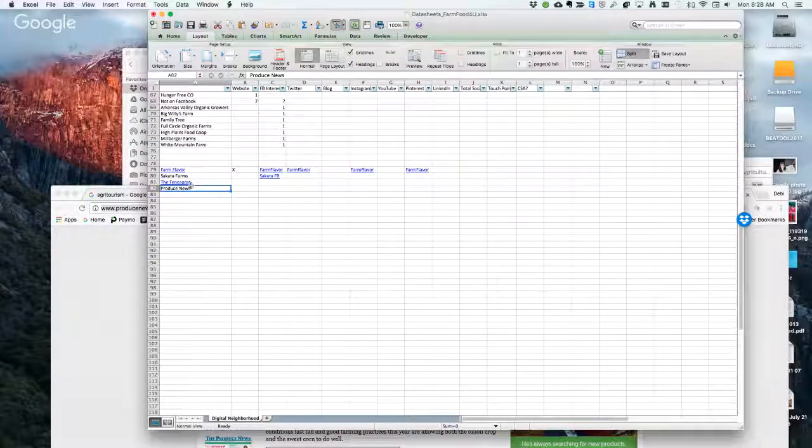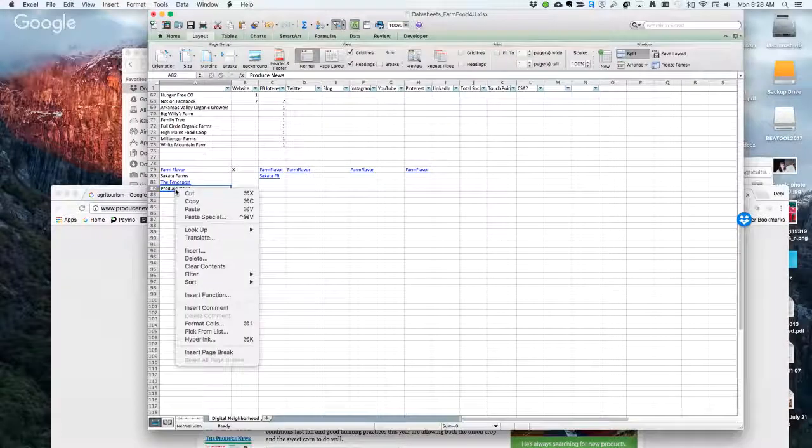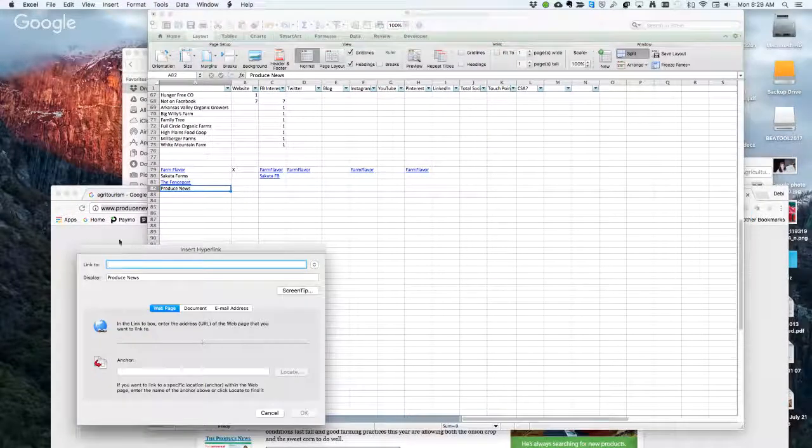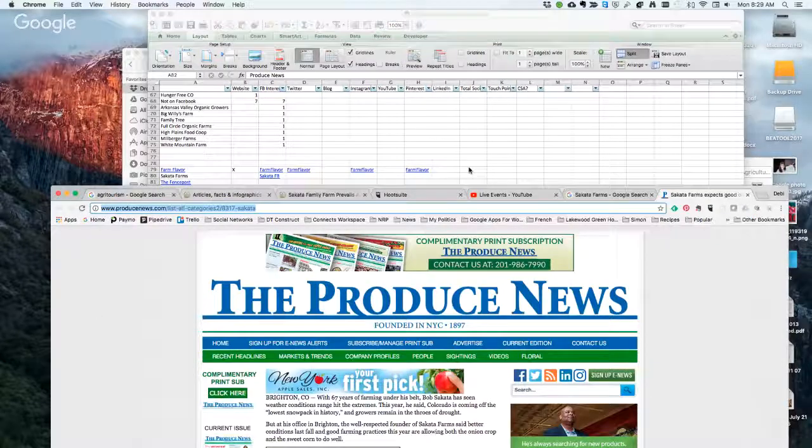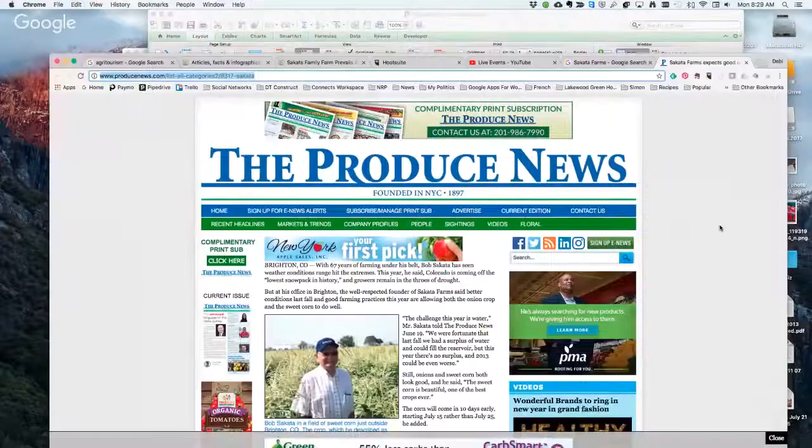I'm right-clicking on my Mac mouse, which reveals that menu. Click on hyperlink, and now I'm putting Command V, paste, because I just copied it. Click OK, and there I go. Then I'm going to save. When I come back to this, you see that little hand, and that says I can go and click on that, and it will take me back to that page. So that's the value of this.